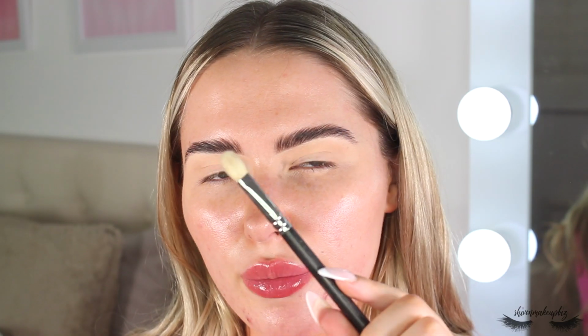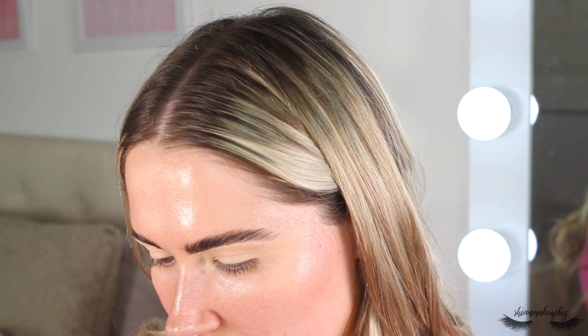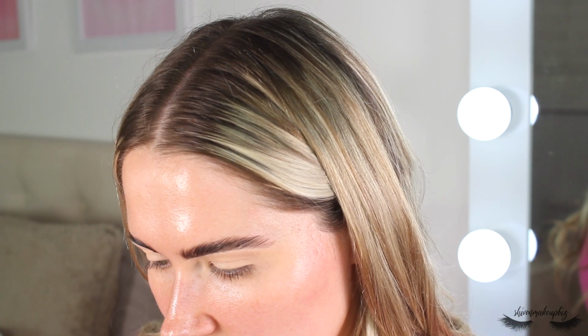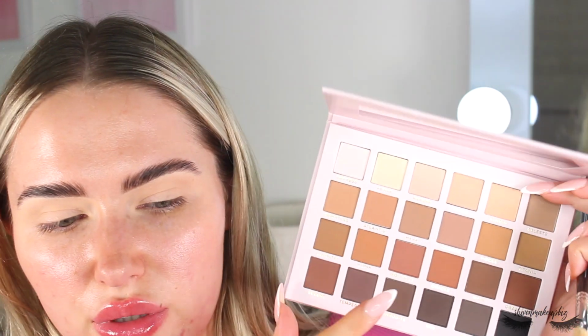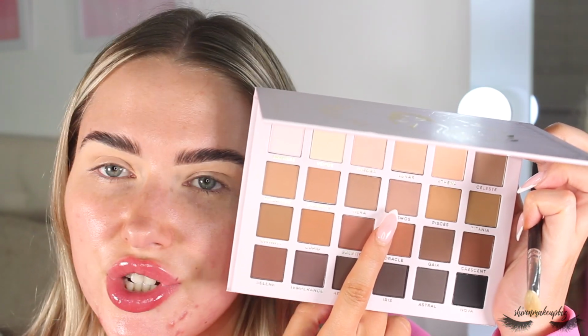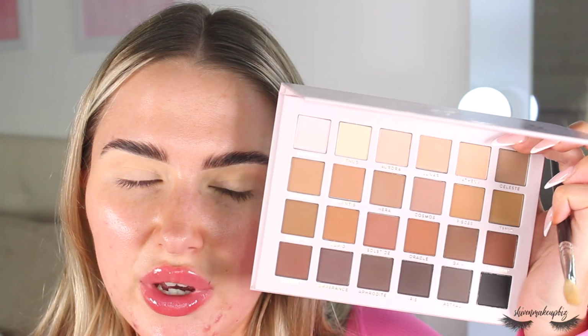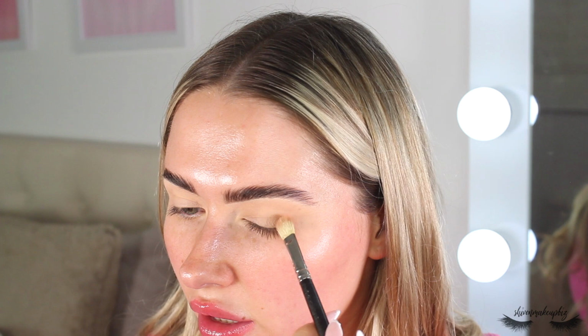I'm taking a very old MAC 217 brush. It's so old all of the writing has scratched off, and I am going to start with, I actually don't have a clue. I'm going to take the shade Cosmos, which is this one right here. They're very brown shades. It's going to be really hard for me to describe between the different colours, but I'm going to take this shade right here, Cosmos, and blend this very messily to start with on the outer corner and crease. Very lightly blending this on the outer corner of the eye and then into the